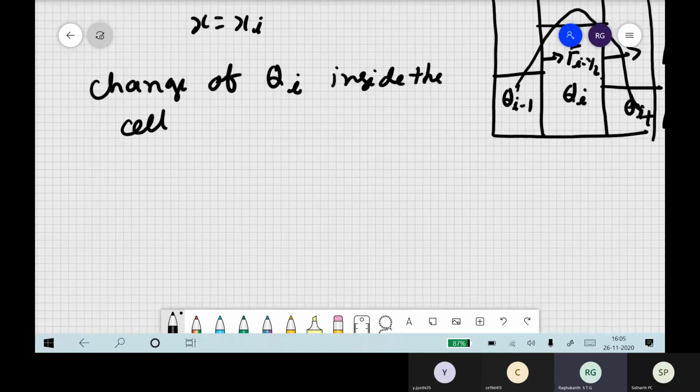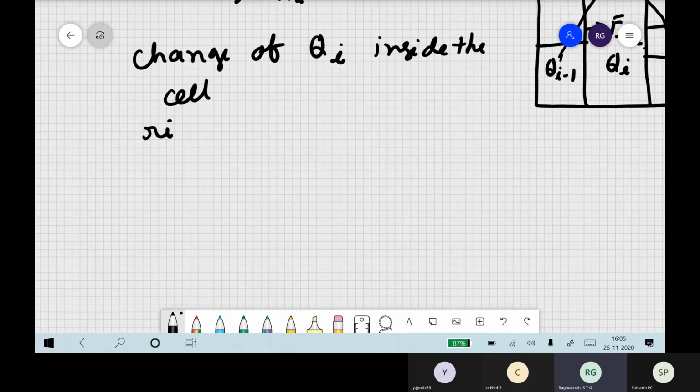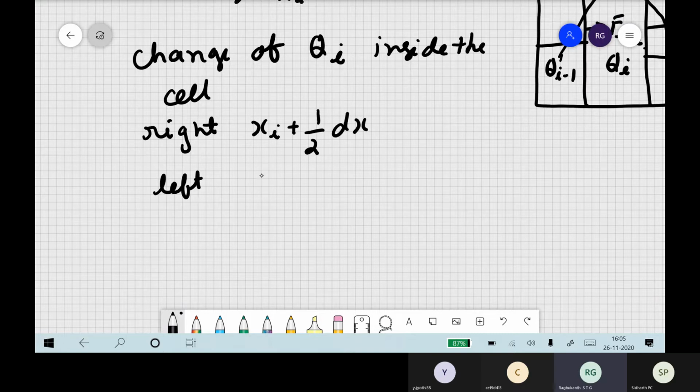As I already told you, there is no single definition of flux. Flux means, you followed, right, something like material coming from this side and through the boundaries. That is the mathematical definition of flux itself. Now we have the right boundary and the left boundary. The right boundary is denoted by xi plus half dx, and my left boundary is xi minus half times dx. These are the boundaries.